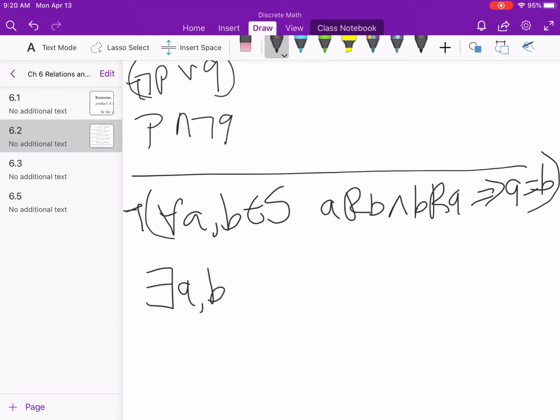We're saying there exists some A and B in S such that